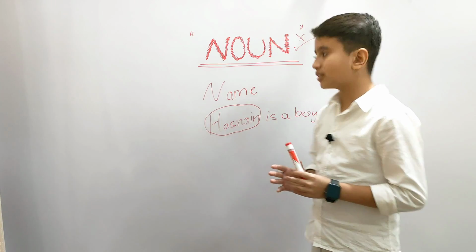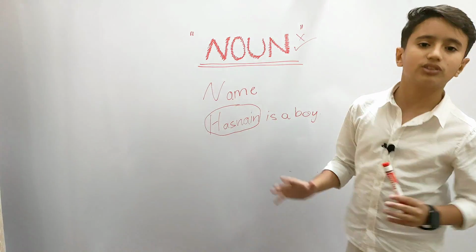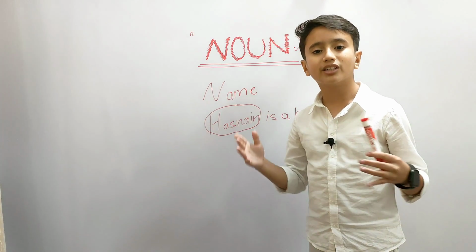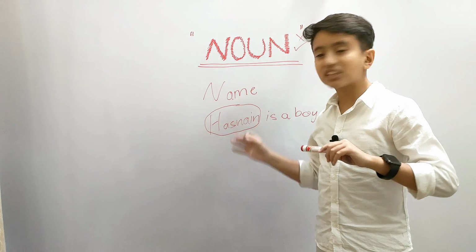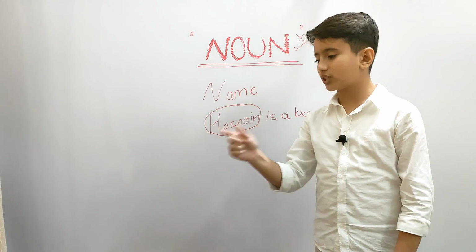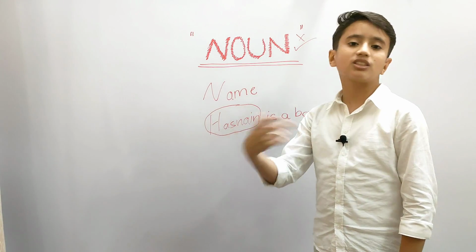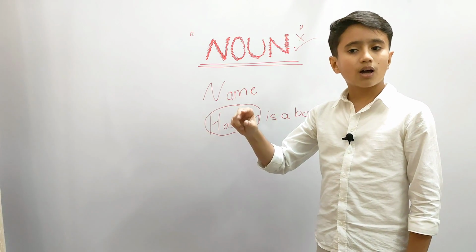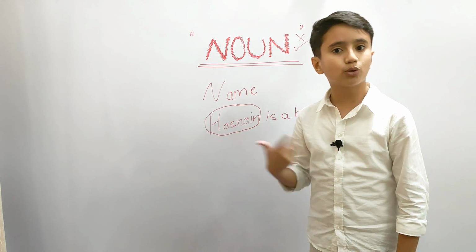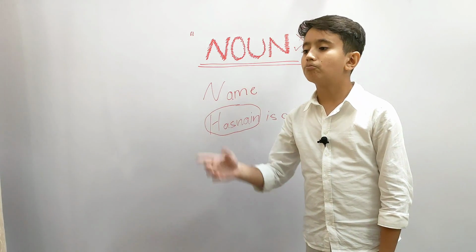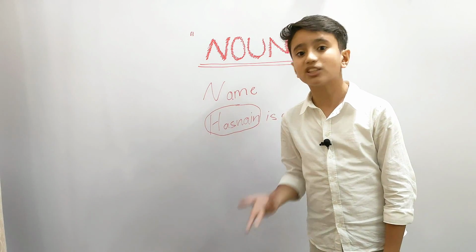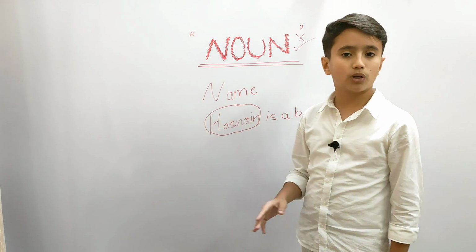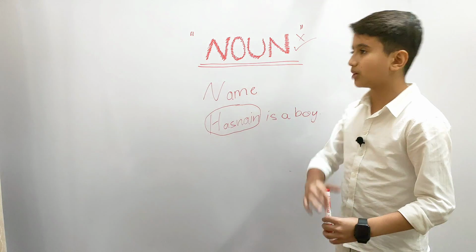Because of that, there might be a lot of boys, a lot of books, a lot of vehicles in the world. But the specific one that we are talking about, for example, a person named Ali. So Ali is the specific boy we are talking about. The Alchemist is a specific book we are talking about. Islamabad is a specific place we are talking about. We are not talking about capitals. If I say the capitals of the world, it's not going to be specific.